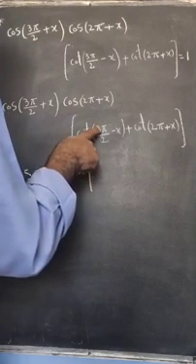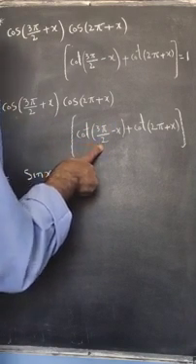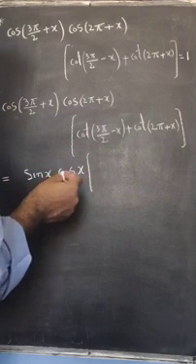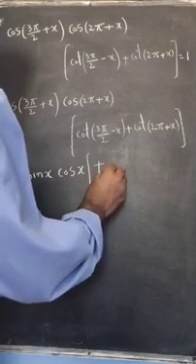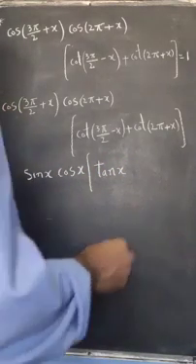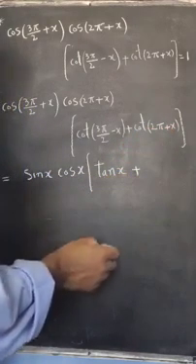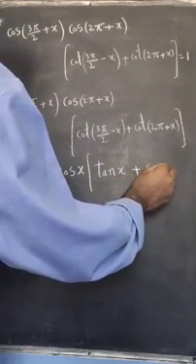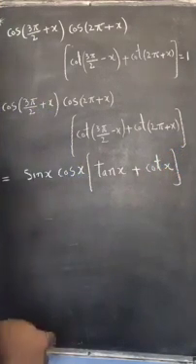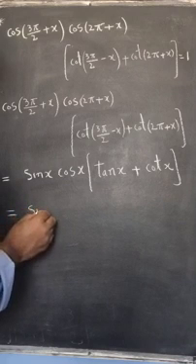Here cotangent of 3 pi by 2 minus x is in the third quadrant, and in the third quadrant cotangent is positive, so we can write cotangent of x, plus, cotangent of 2 pi plus x, which is equal to cotangent of x, which is further equal to sine x